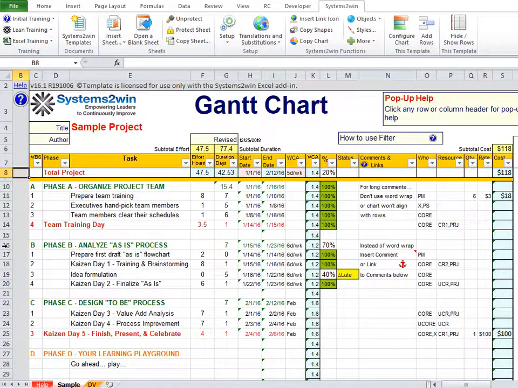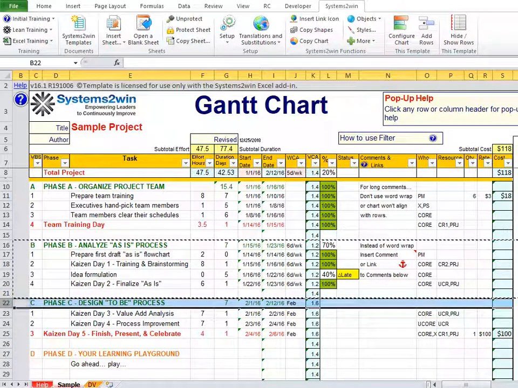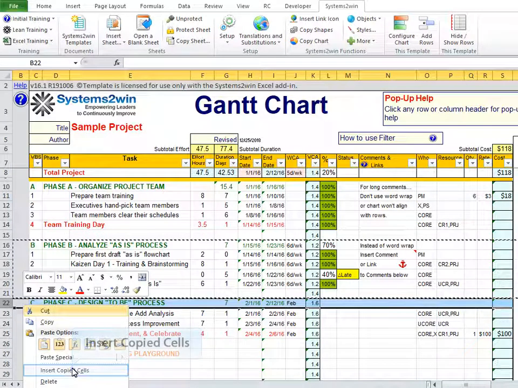What you want to do might be to copy some existing rows using Control-C or your favorite way of copying, and then select the first row, the entire row, where you want to copy to. And once you've selected it, right-click and select Insert Copied Cells.